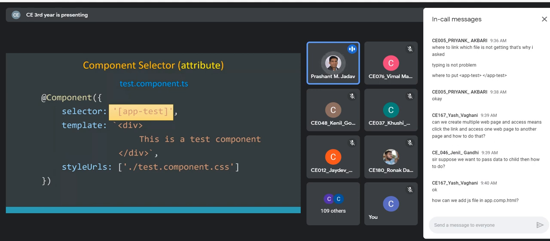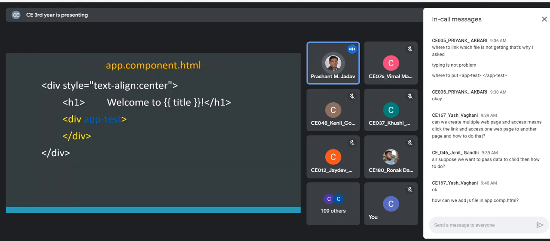In the app component, see what we did previously: we inserted one div element and used the class attribute. But now we are no longer using the class attribute. We are directly using app-test as the attribute of the div element. There is no default attribute like that; HTML has no attribute like app-test.